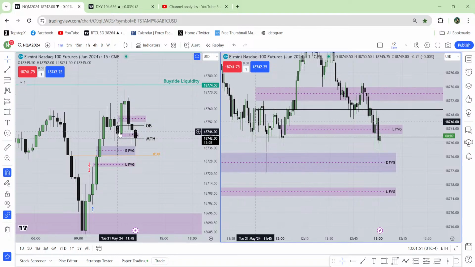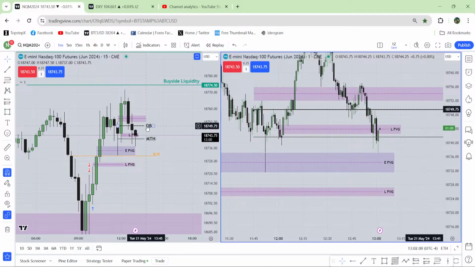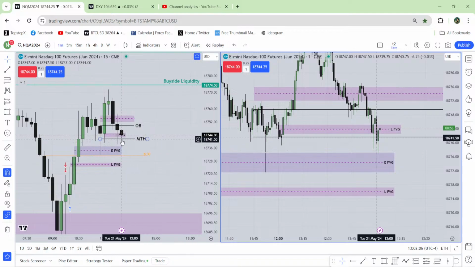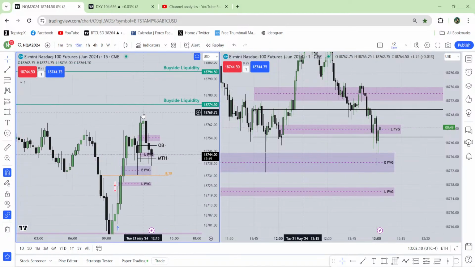This is the lowest down close body close candle. The high or open of this candle is the order block. This is the mean threshold of that order block. So these two black lines, this is the order block. This is the mean threshold. From the 15-minute chart, I don't want to see anybody close below this mean threshold. I'm bullish. This buy side liquidity is my target.